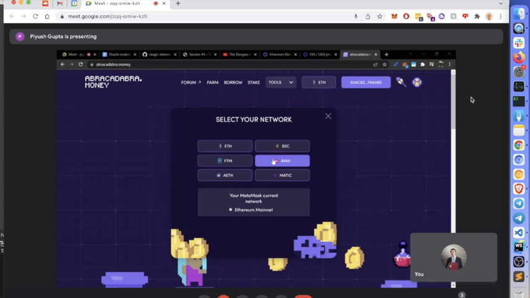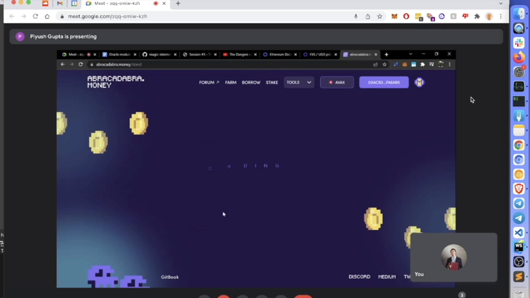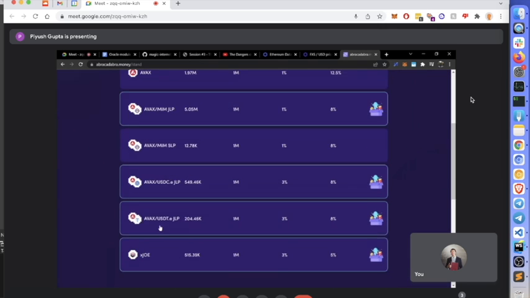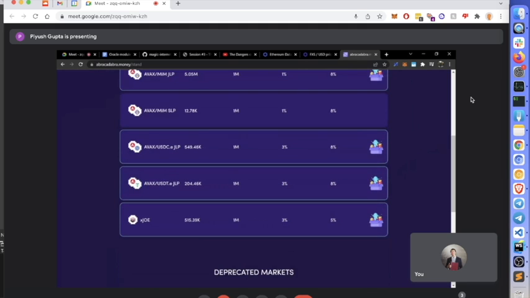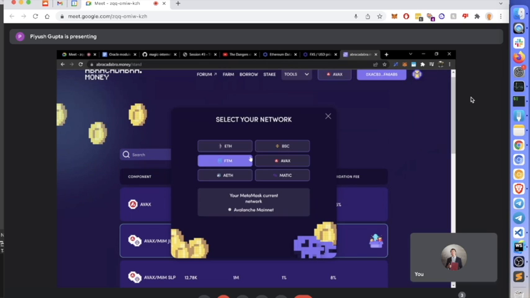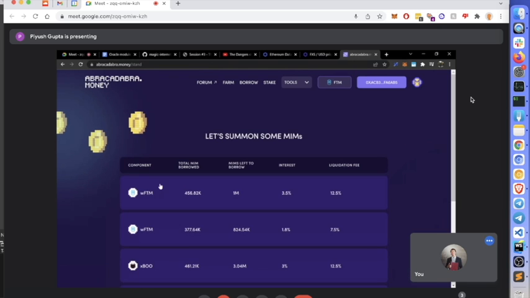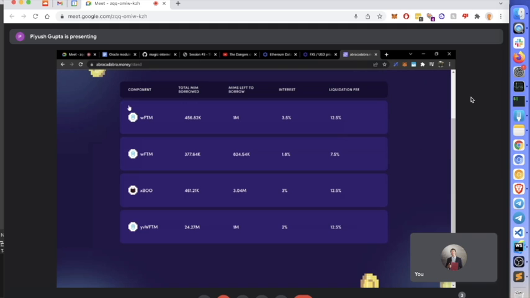So just as an example, let's say we're using the AVAX network, Avalanche network, and I go to borrow. And the list of assets that will be shown here, we do have oracles for all those assets on the Avalanche network. So all these. A rather limited list if compared to Ethereum, but still a list nonetheless. So for example, just 4 assets on